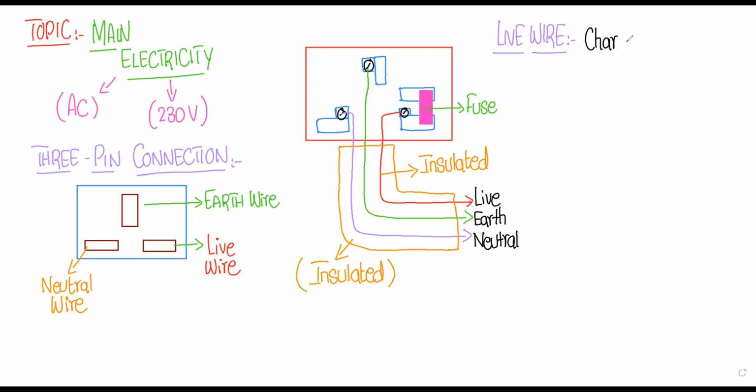Okay. So charge or current will flow from the live wire. This is the main wire. Current or charge will flow from the live wire. Okay. So this will act like a positive terminal in DC, right? Yes. And if we talk about the second wire, which is the neutral,